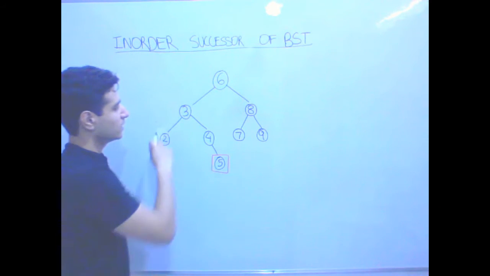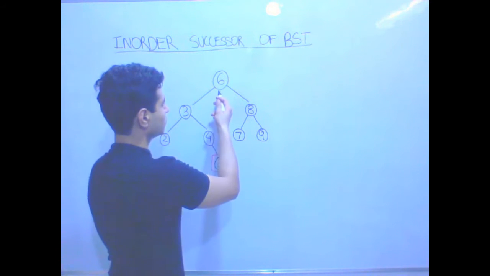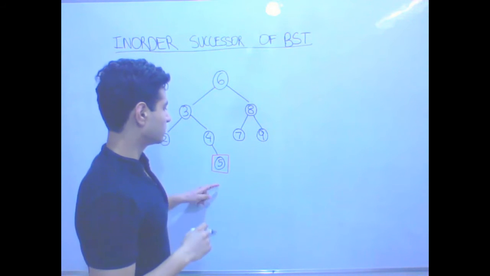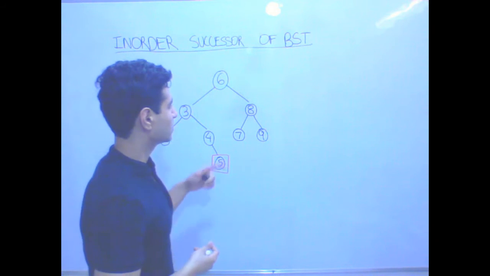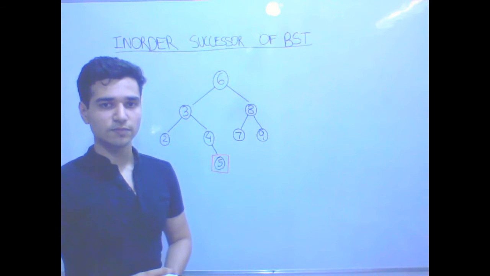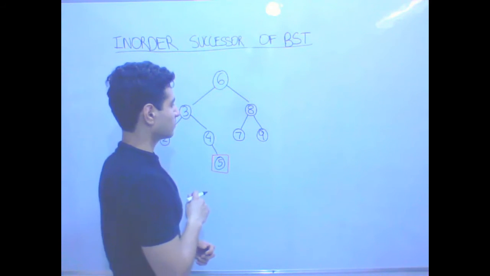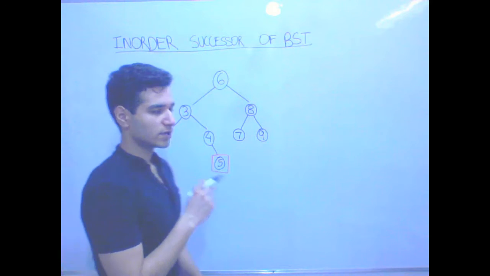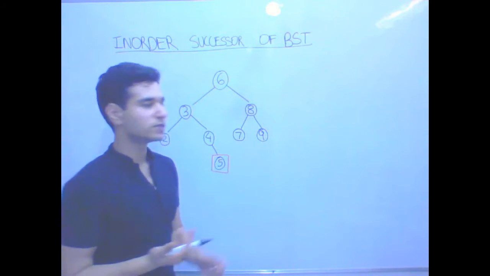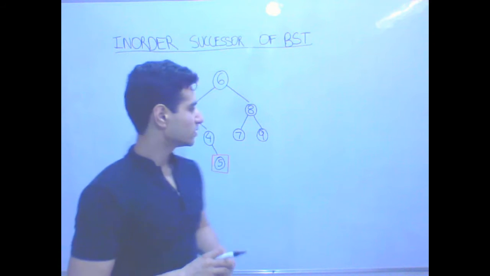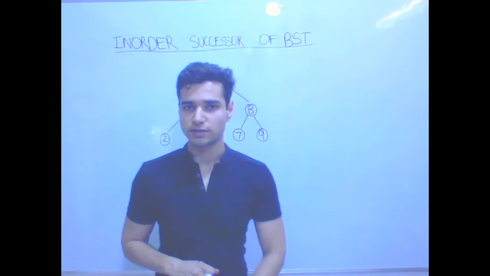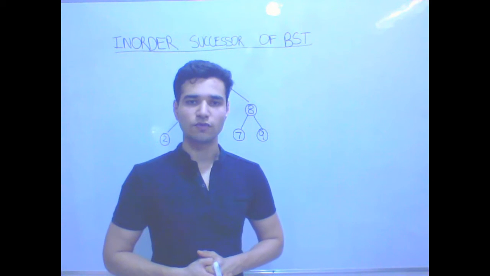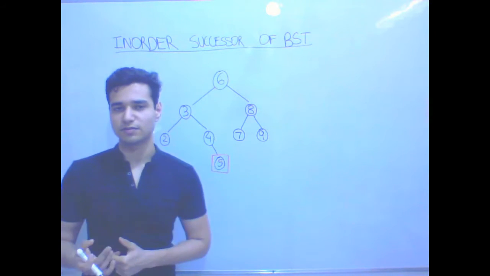Now we have found our target node, so we again store this and we go back. Now the left tree is finished. We again go to the root node. We store this node. So now 5's next successor, the in order successor, is 6. So somehow we have to find this. The easiest way is we can store it in an array, and as soon as we traverse the array and find 5, its next would be 6, and we have found it. Similarly, we can go on for the rest of the right subtree. But this has O of n space, so it is not optimal and it is brute force.